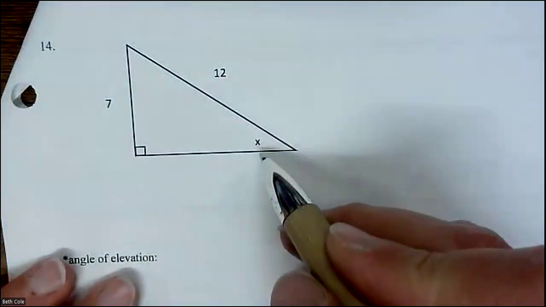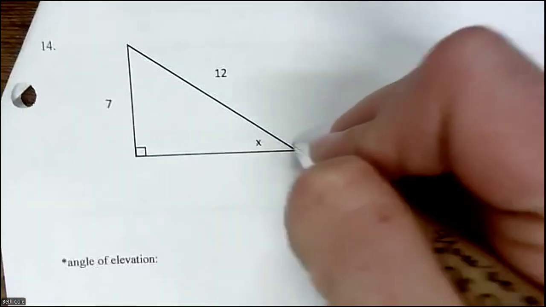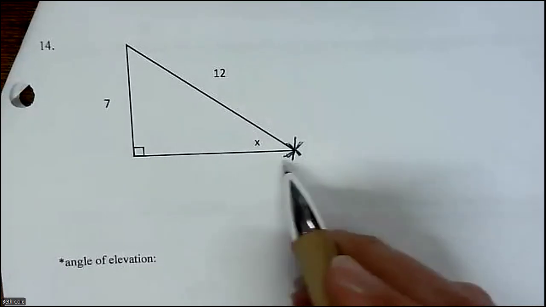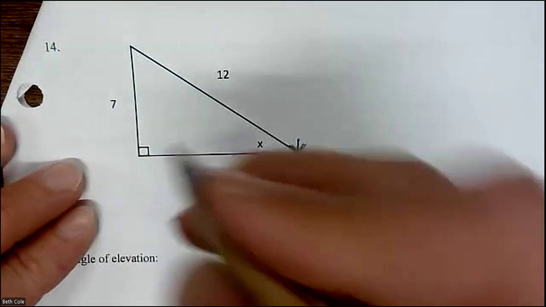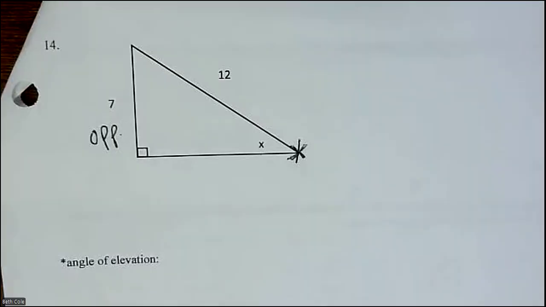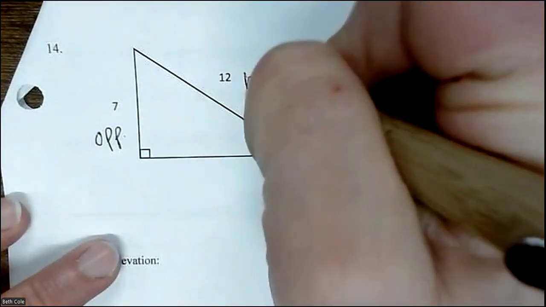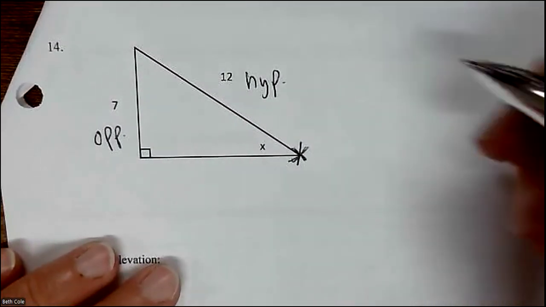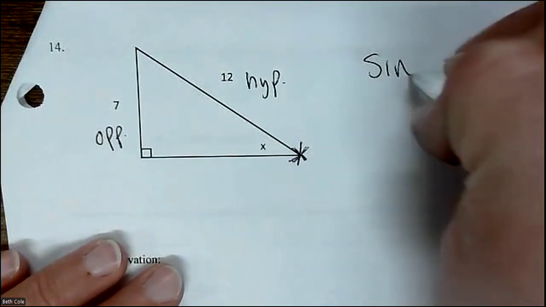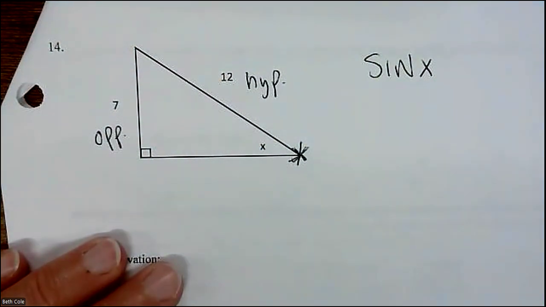All right, this time the x is labeled inside the triangle. That's still your point of view. Whatever angle is labeled, whether you have it or not. 7 is opposite. 12 is hypotenuse. Flip back if you want to. We only just went over it. Which one is that? Sine, cosine, or tangent? Okay. Sine of x, the angle, even though we're missing it,